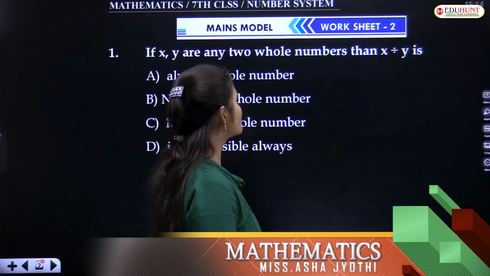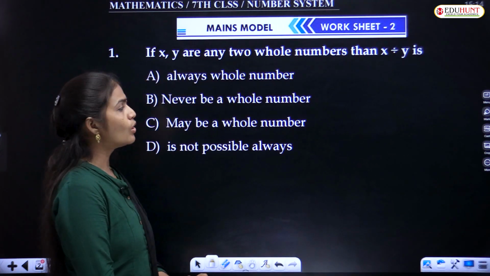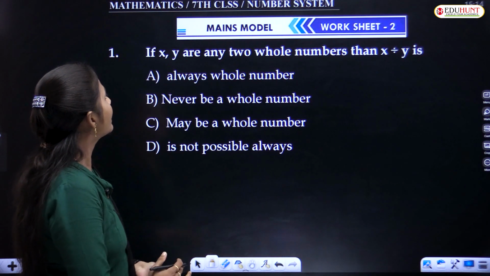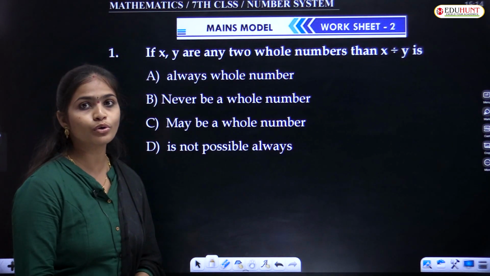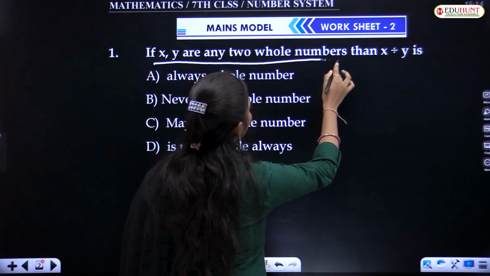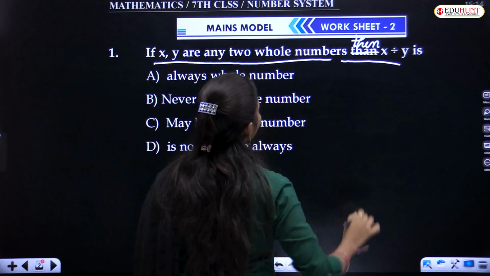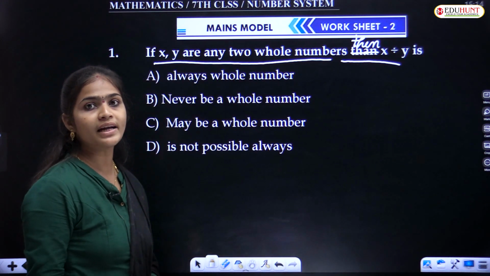Hi children, in this video we are going to discuss the Worksheet 2 problems. Once see that here x and y are any two whole numbers. What is the question? x and y are any two whole numbers, then x divided by y is